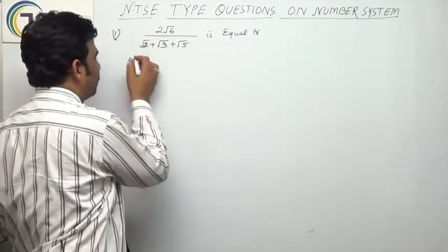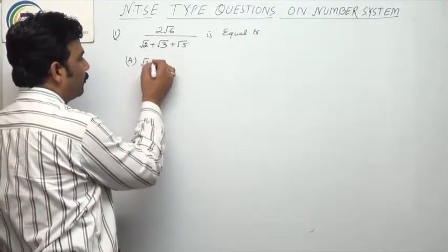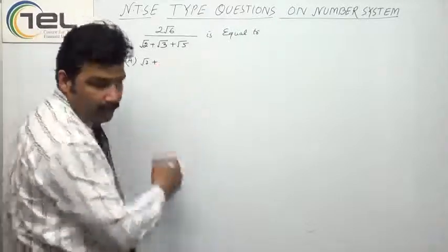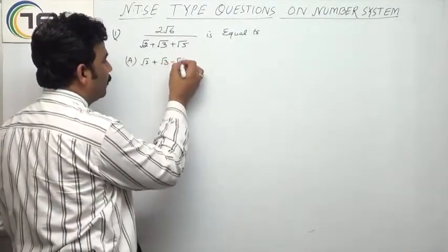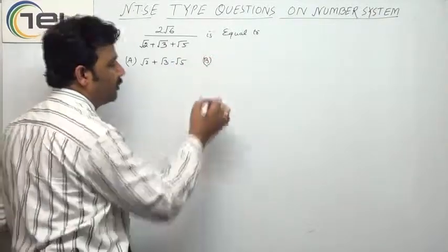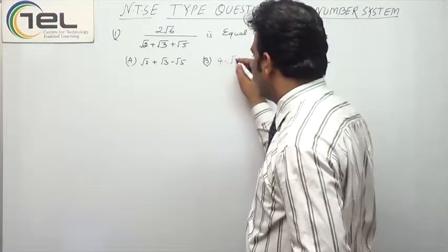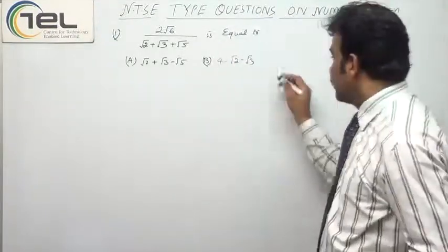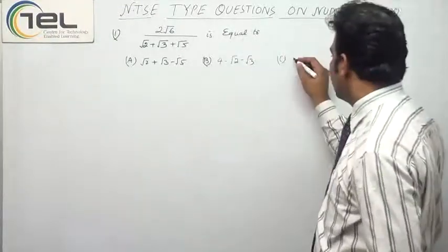Now the options stand: A, root 2 plus root 3 minus root 5. B option stands like this: 4 minus root 2 minus root 3. And C option is root 2 plus root 3